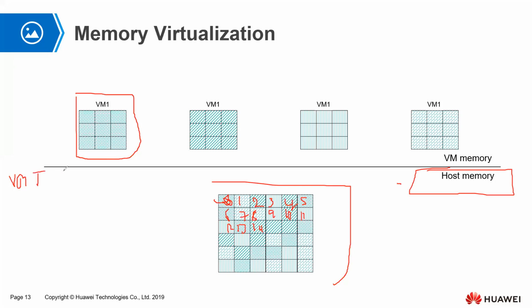Okay, physical address mapping table. We have our virtual machine 1. So we have already seen here. So what will this correspond to in our physical or our host memory? It will correspond to 1. Just look at the patterns, the way they are shaded. They're just shaded to show you where these different virtual machines are. Think about this as virtual machine 2, 3, and 4.